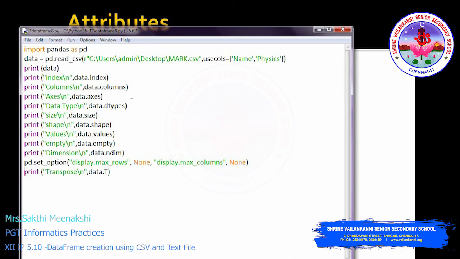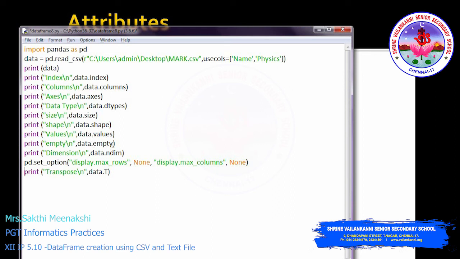And dtypes. Look at this, it is not dtype, it is dtypes because we have varying data types, so it displays all the data types. And data.size displays the number of elements in the data frame. And shape displays the dimension, whether it is 6 by 2, 6 rows and 2 columns. And values displays all the data values.